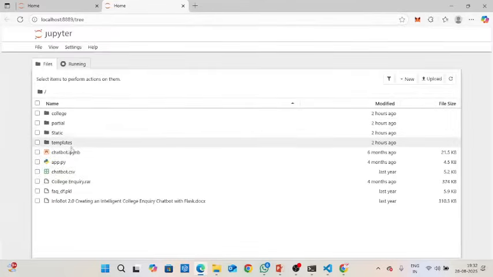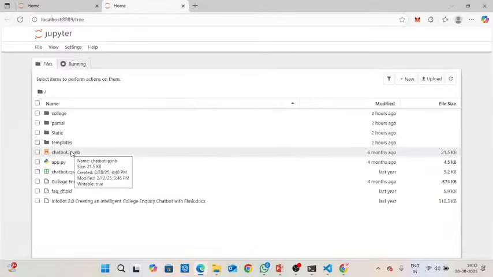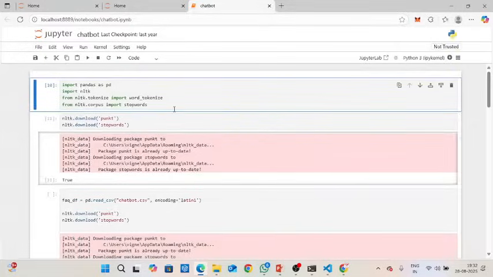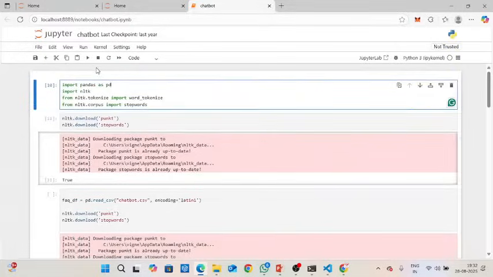And I need to select the IPython file. IPython means IPython notebook. That is the extension in Jupyter notebook. And I need to click this one. And it will show us cell by cell. To run the cell, you can click this symbol, or else you can press shift enter.